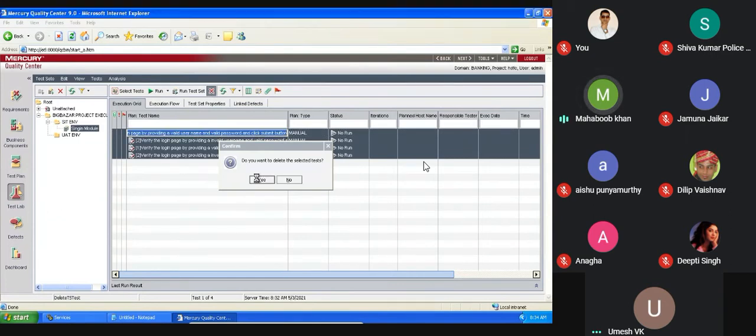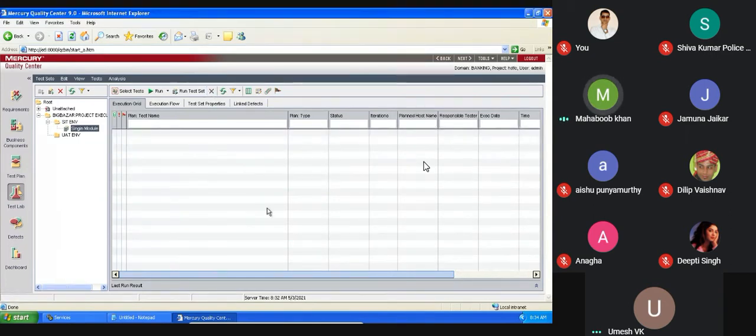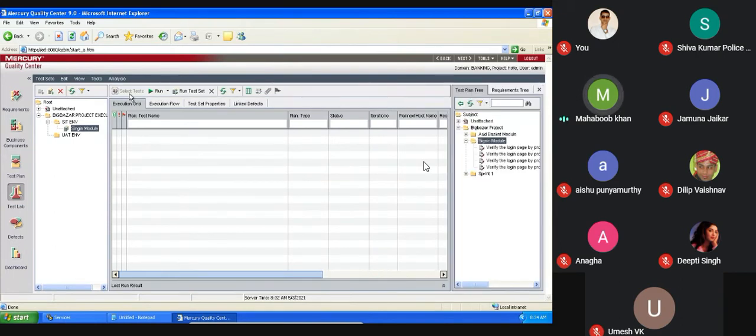Why this mapping is very important: now if you don't have it, in test lab you don't have any test cases to execute. To get them, there is a select test. When you click select test, whatever is there in the test plan appears on the right hand side. Now select the module you want, or if you want individual test cases, you can drag and drop, or select the test case and give the left arrow mark, and it will get added.